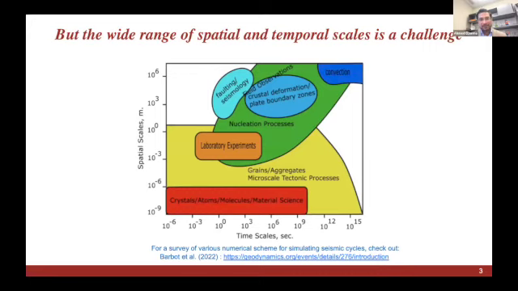And the challenge is that there's a wide range of spatial and temporal scales involved in this problem. And I really like the video by Selvan and others, which is an introductory video to this workshop, where he gave an overview of the different numerical techniques that many of us are trying to use in order to slay that dragon of the conundrum of scales.